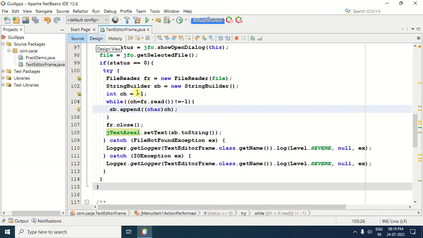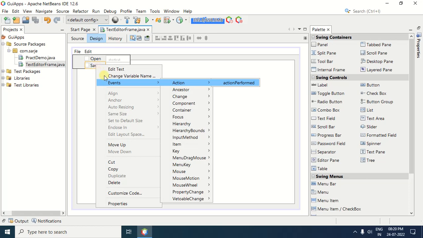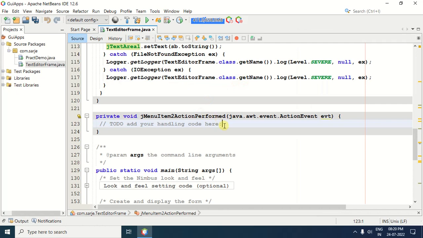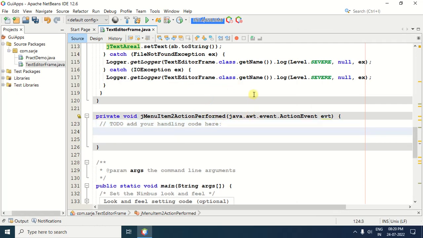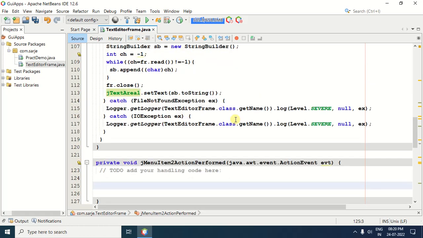Now I start writing the second code. For that purpose again I am clicking on the design tab, then I am selecting the save menu item, right click here, then select the events action performed. Now here again we will do the same thing. Very first we need to open the file chooser. For that purpose I am writing jfc equal